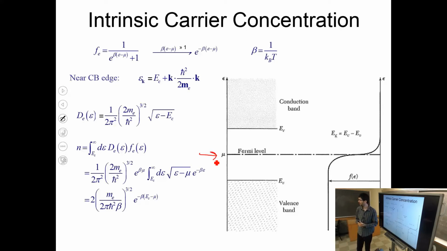Now we remember what happens with fermions as you smear the Fermi distribution with temperature. It becomes broadened, and at high enough temperature, the tail of the Fermi distribution can reach above the conduction band. And that means that there is a probability of occupying some particles in the conduction band just by temperature. So some of the particles will have enough thermal energy to hop across the band gap, and obviously this is more relevant for smaller band gap semiconductors than it is for larger band gap semiconductors, right?